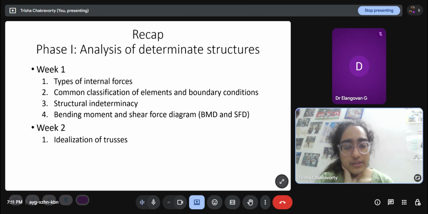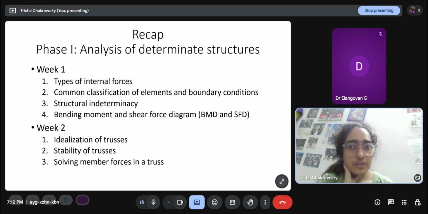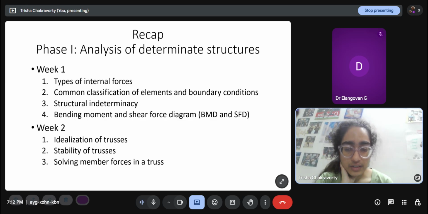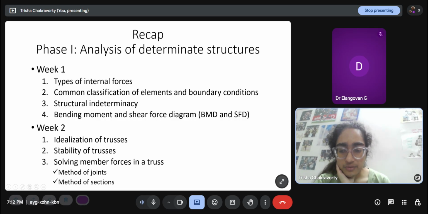Similarly, the force or stress type response for trusses is all the member forces. We write them as plus or minus. Generally, plus denotes tension and minus denotes compression, but that is up to us. We can define our own sign system. We use method of joints or sections, and we also have to ensure that the truss is stable before we start solving it.